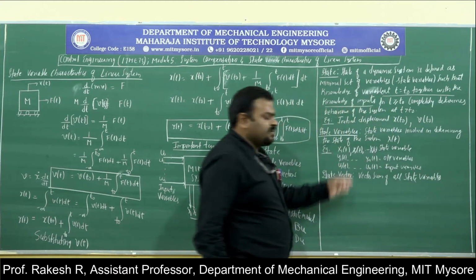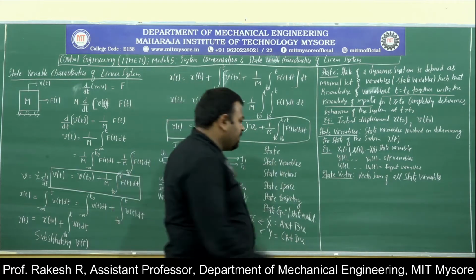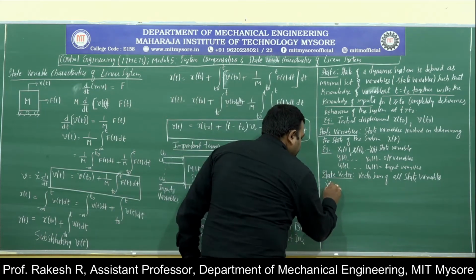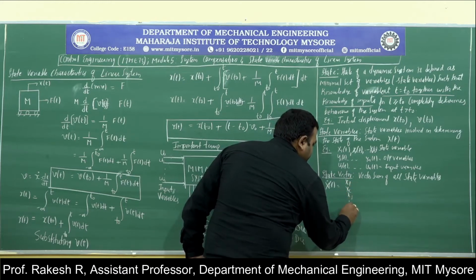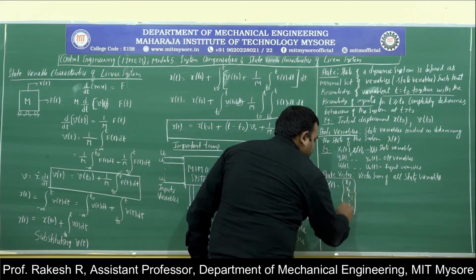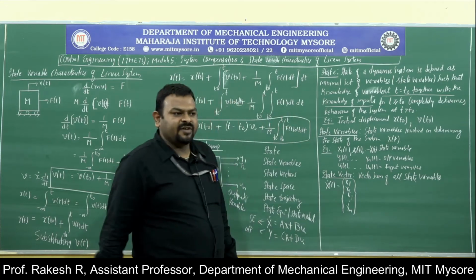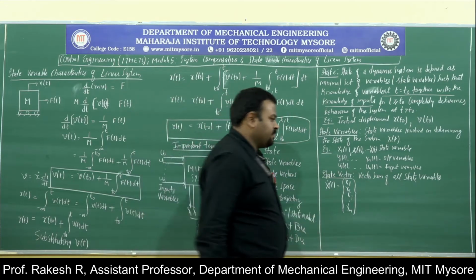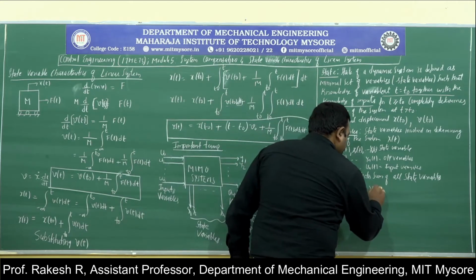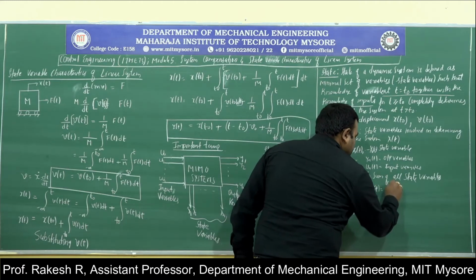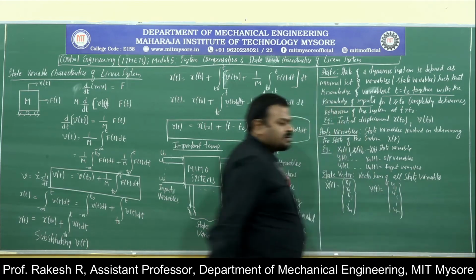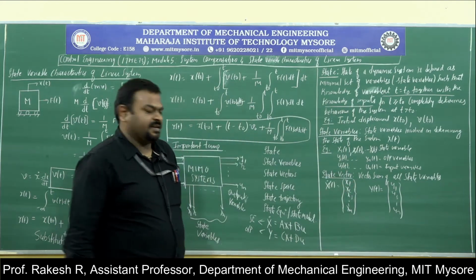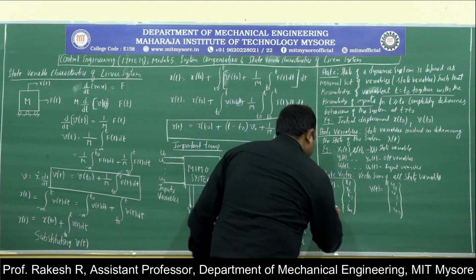If you write this in vector form, x of t, x1, x2, x3 up to xn, I am representing the state variables in vector form. Similarly, y of t, output variables, y1, y2 up to yn. This is an output vector. Then